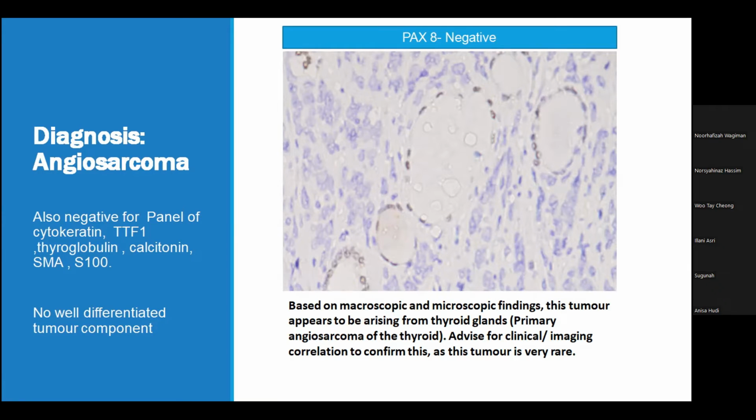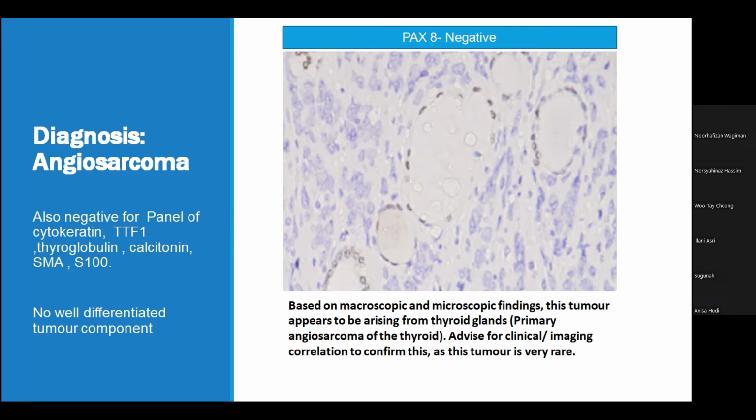So based on the macroscopic and microscopic findings, I favor angiosarcoma, likely of thyroid origin. However, I put that clinical imaging correlation is needed because this is very rare in the thyroid, because there are some theories. Yes, angiosarcoma can be from the thyroid. However, due to its rarity, we have to make sure that it is not a differentiation from anaplastic carcinoma, meaning one end of differentiation towards mesenchymal differentiation, but I